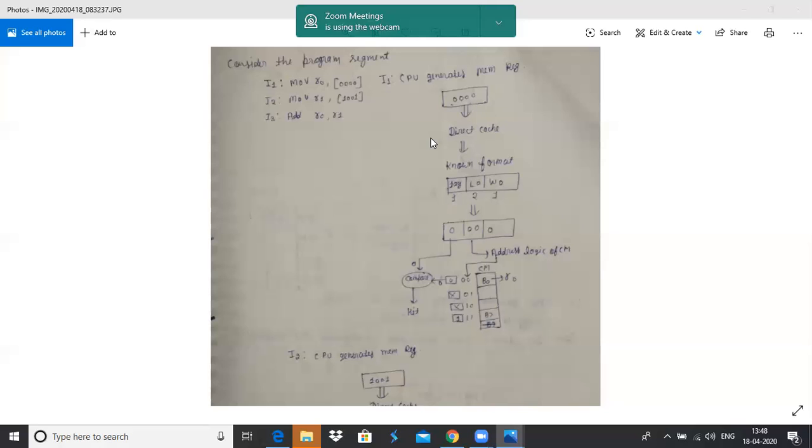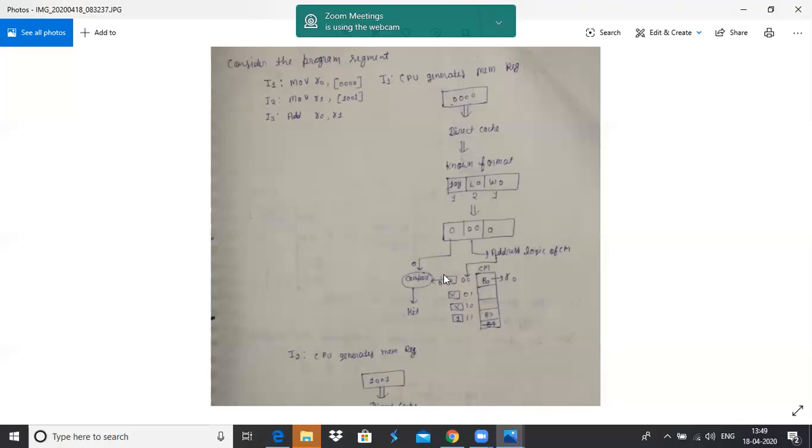Compare the tag value in the cache memory lines with the tag in the known format. So compare this 0 and this 0. If both are equal, a cache hit occurs, meaning that the main memory block already exists in the cache memory.